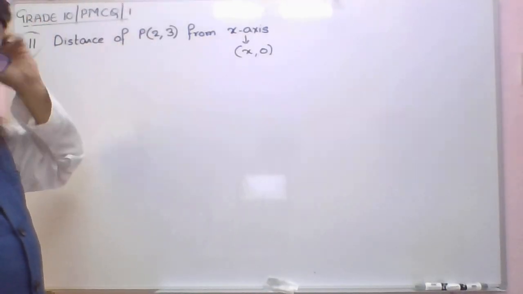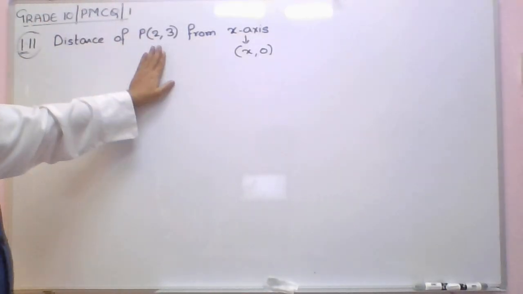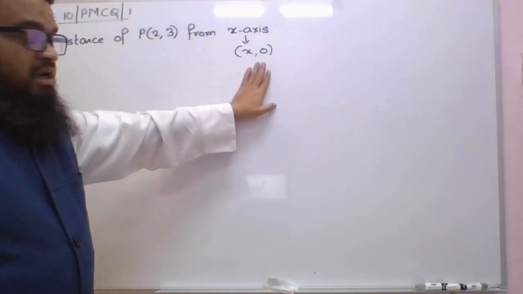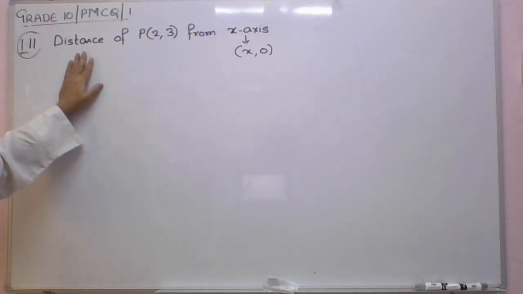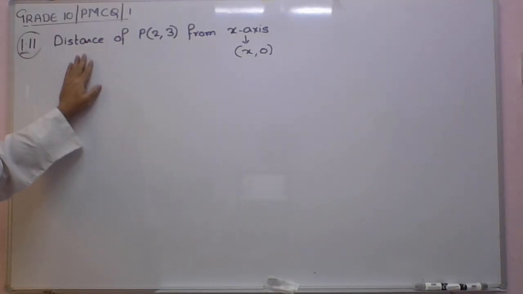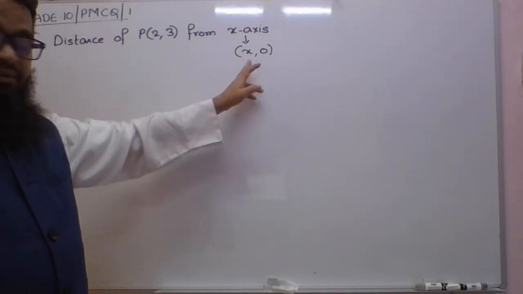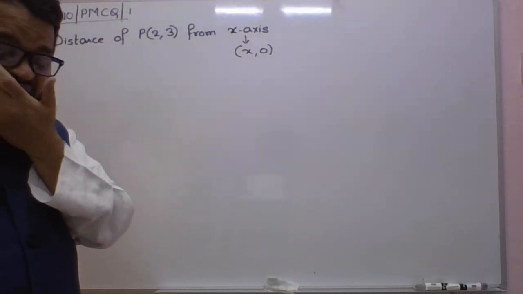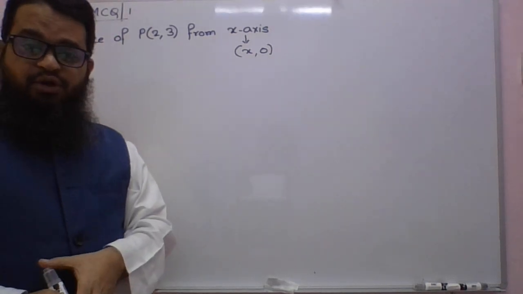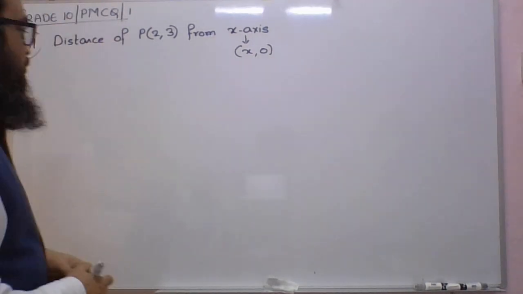You can directly tell. But after seeing the point (x, 0) and distance, most of the students will use the distance formula: root of (x2 minus x1) whole square plus (y2 minus y1) whole square. But here, no need to do it because there is a variable. How will you find the answer? And the answers given are numericals. So you just try to